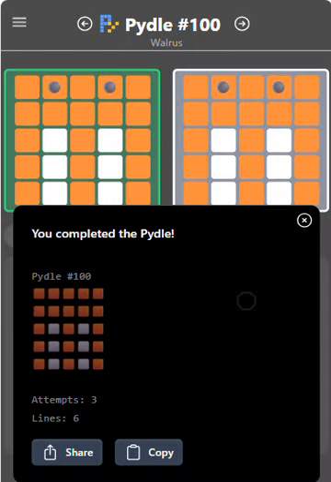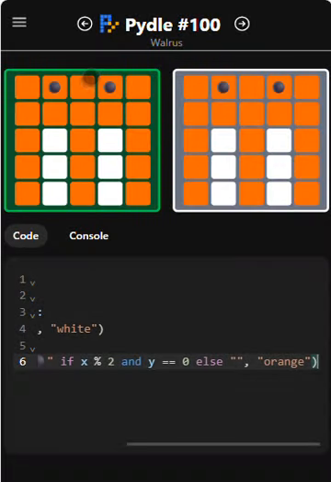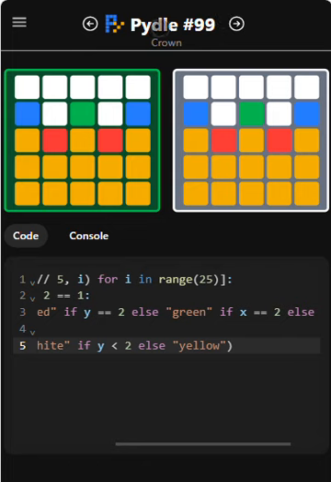And it does. Okay, so have a go at solving either this if you haven't played before or any of the previous Pydles. And